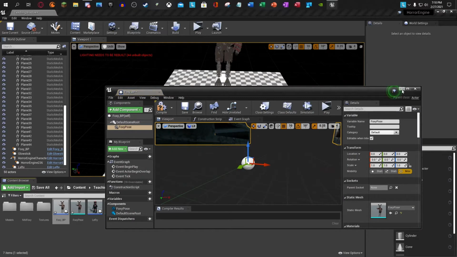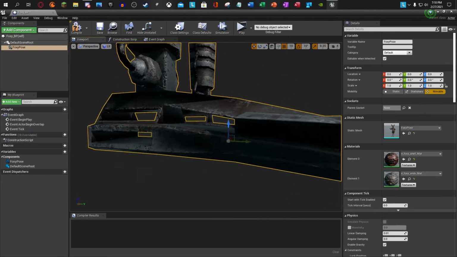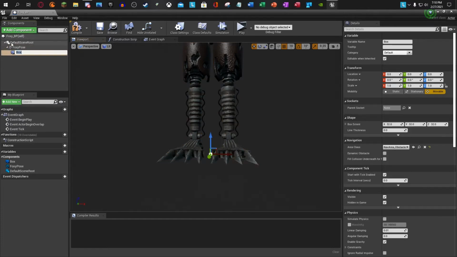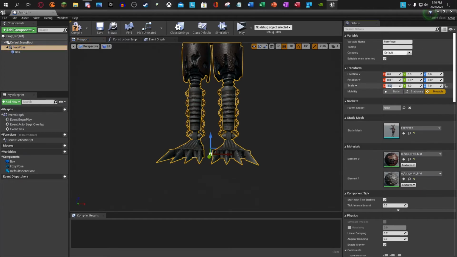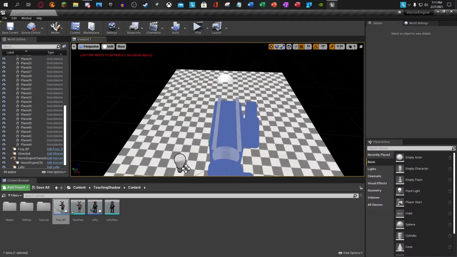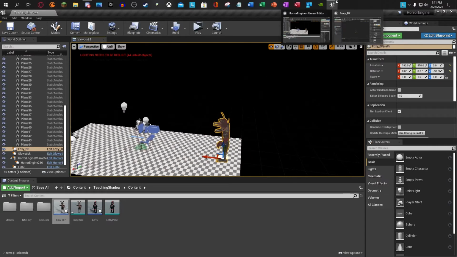Now open. You don't need to do a BP, you can do a character if you want an AI like this. This model is super detailed. Okay. Now you need to create a box collision, I guess. So just make this guy 0.01. I should not have made him that size out here, so now he'll be incredibly small. So just put 1, and then we'll give him